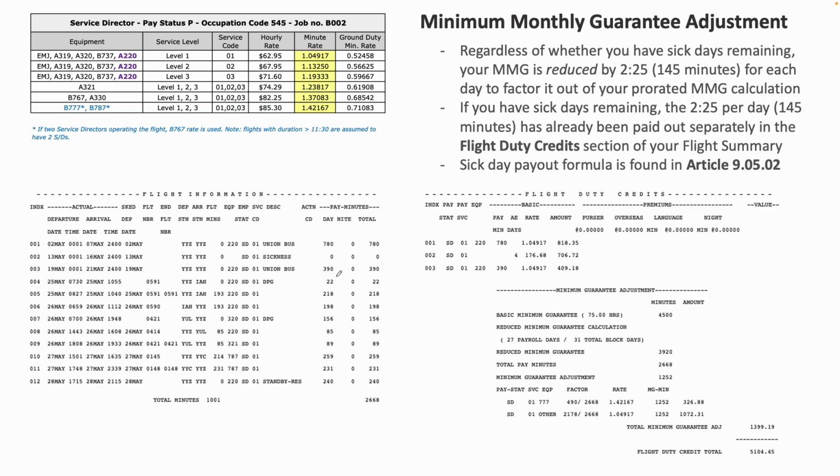So where did those 4 days off of payroll come from to begin with? This is something that we can find in our flight information section and our flight duty credit section combined. In this case, my time off payroll was due to personal illness. We can see that in index item number 2,